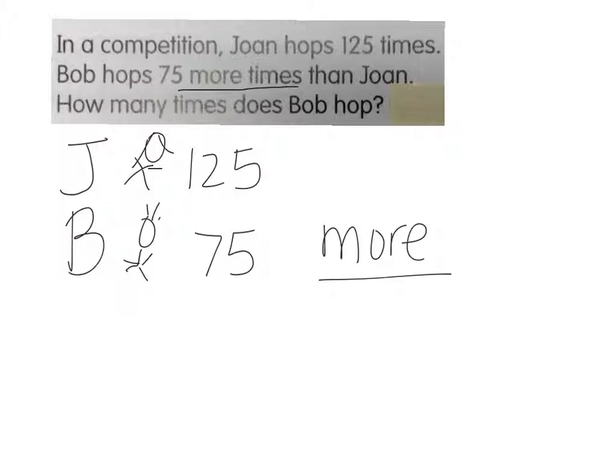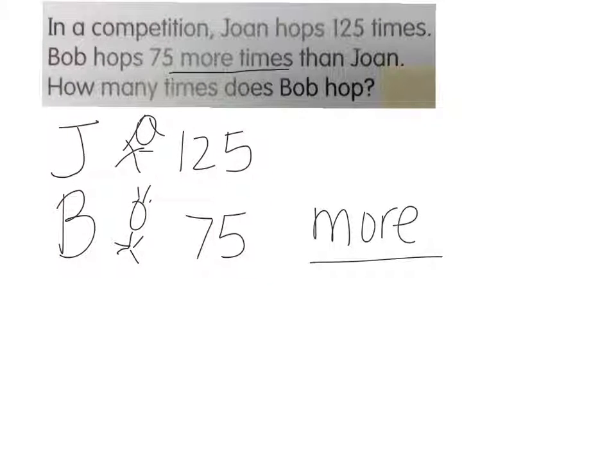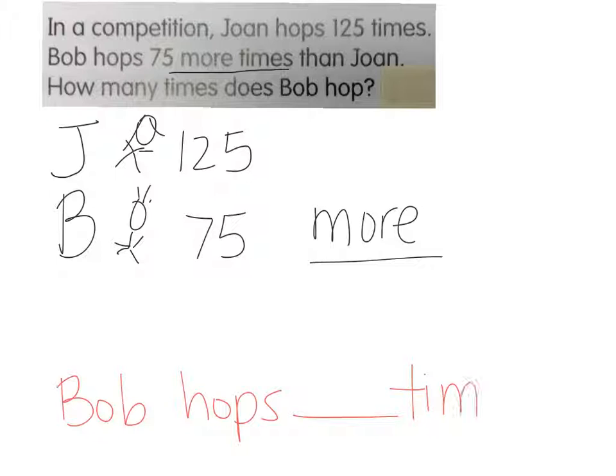What's the question asking us to do? How many times Bob hops? Oh, okay. So can we say Bob hops times? Yes, because they're asking us for how many times does Bob hop. Do you guys agree? Yes. Okay,